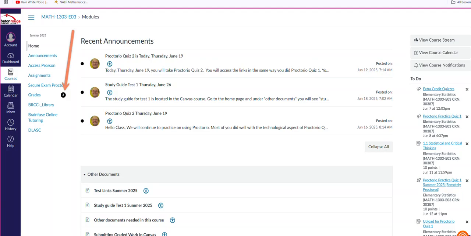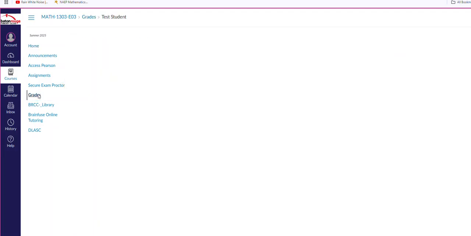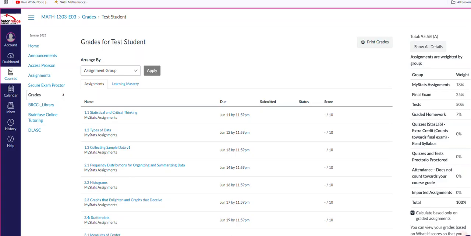Let me go ahead and click on grades. So I'm clicking on grades. And when you do that, probably the best way to view them, if you notice here, it says arrange by, and there's a little drop down. So right now it's on arrange by assignment group. Using assignment group is probably the best way, because